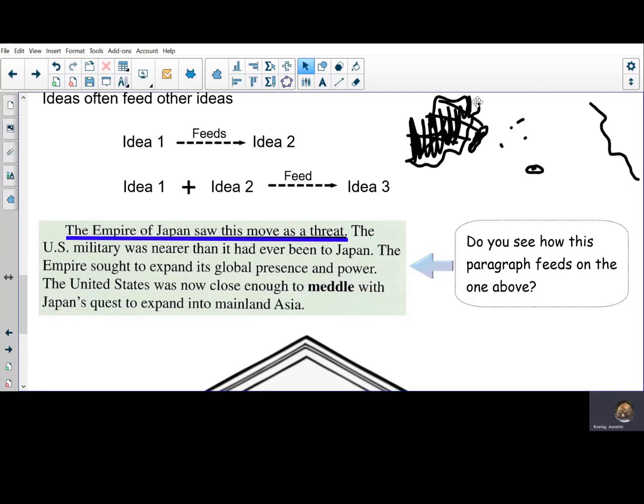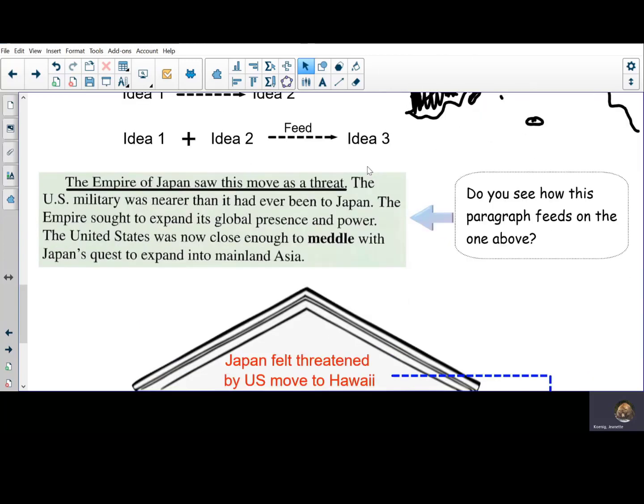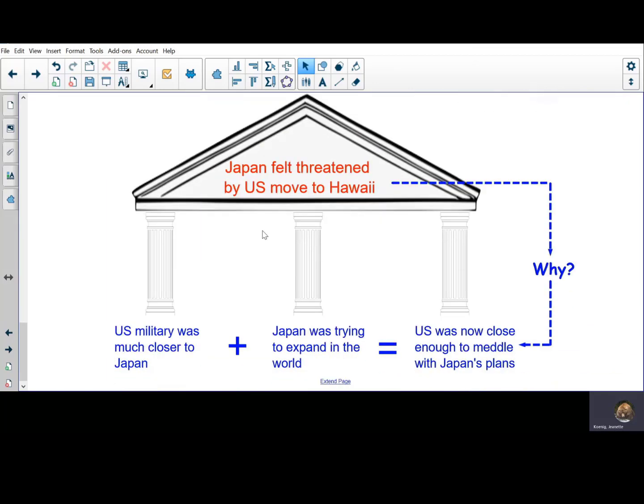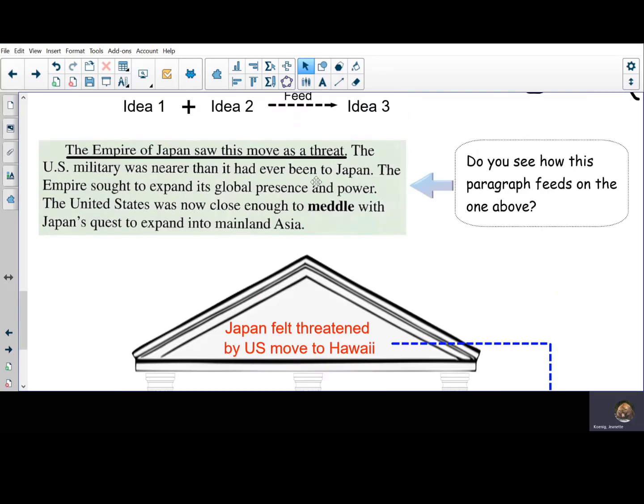The Empire of Japan saw this move as a threat. The rest of the sentences explain why it was a threat. Let's look down here at this diagram. The roof of the building, the main idea, is that Japan felt threatened by the U.S. move to Hawaii. Not only should the paragraphs feed into each other, but also the details, the individual sentences, will